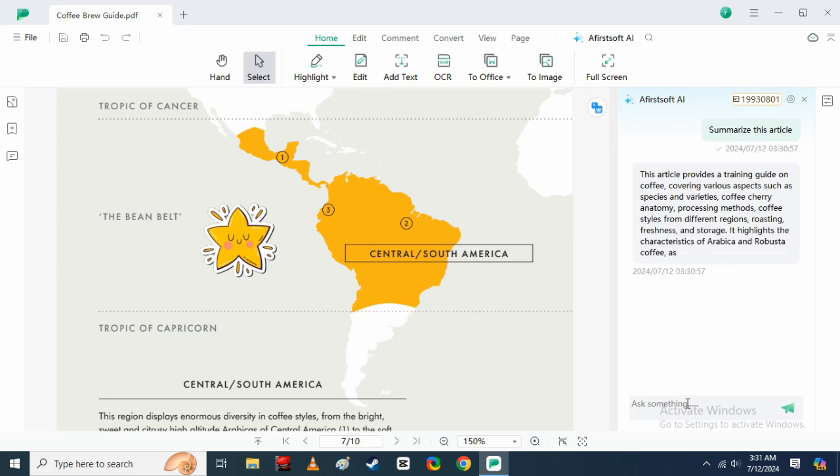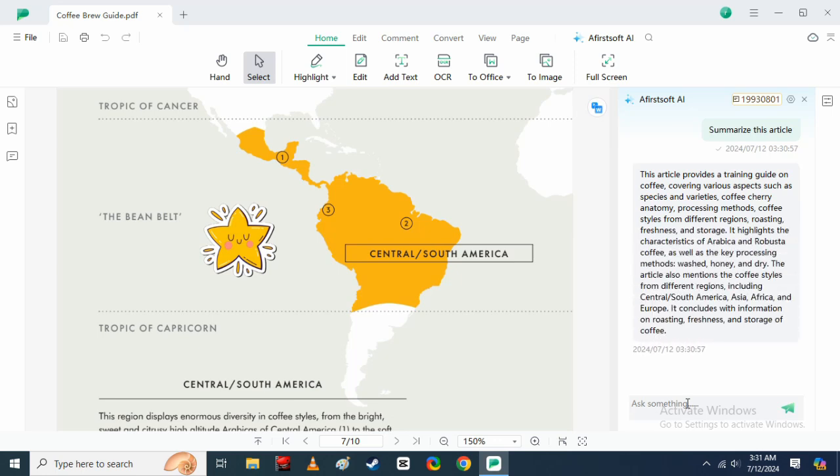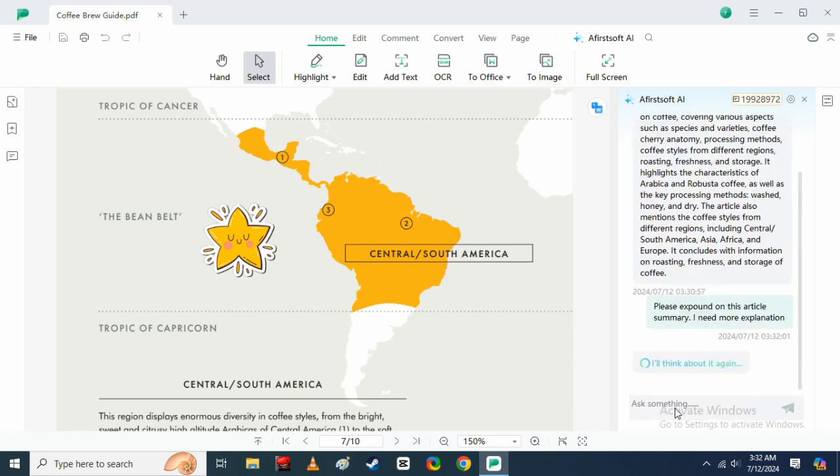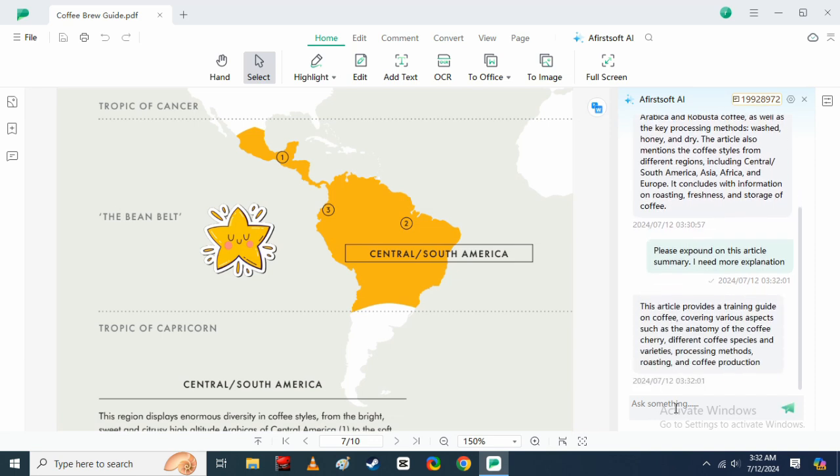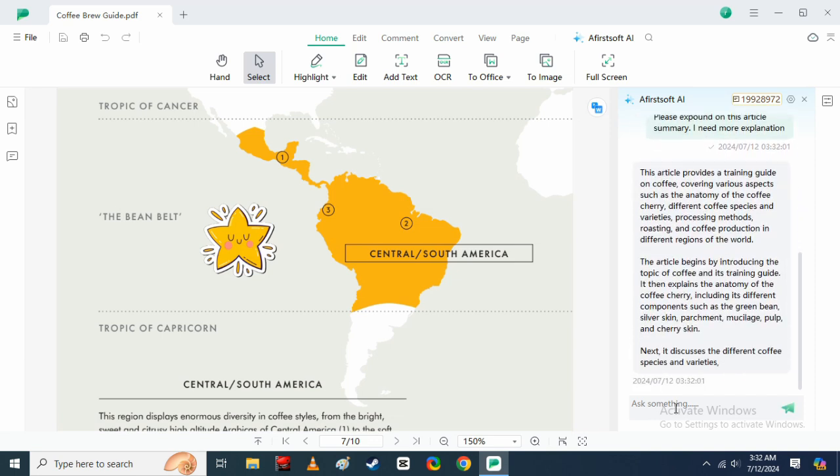You can also use the power of AI by utilizing Firstsoft's AI feature, where you can summarize your file, have a Q&A about the article, or even translate foreign languages on your file. For now, let's see if it can summarize our PDF file about coffee. And if you are not satisfied with your work, or you feel like your article lacks substance, we can always ask our AI to expound the topic a little bit more.